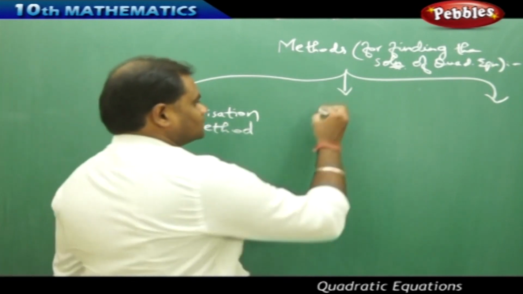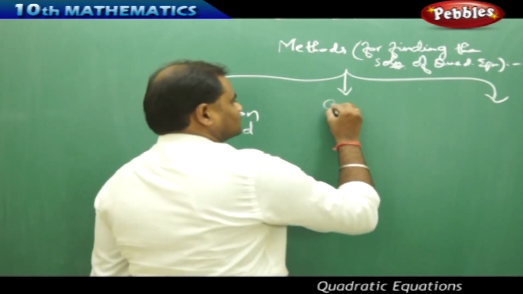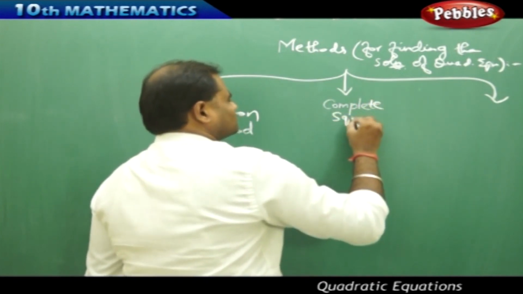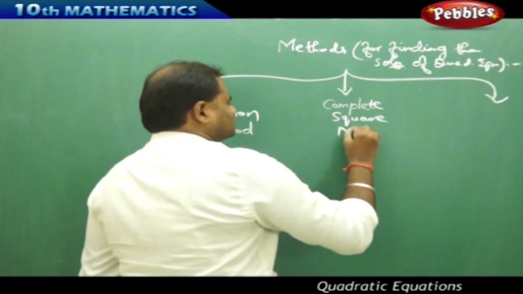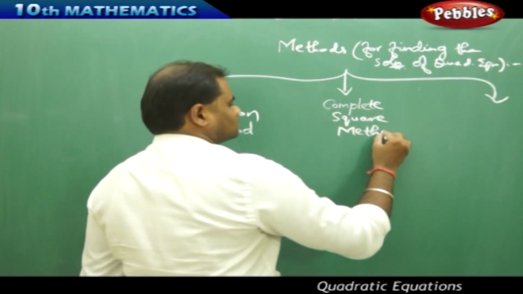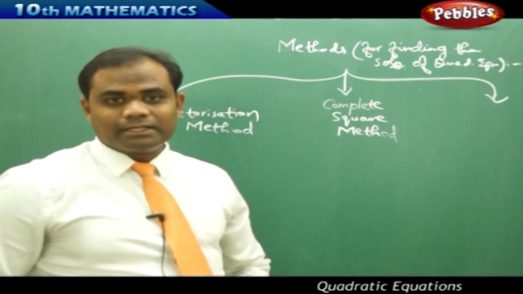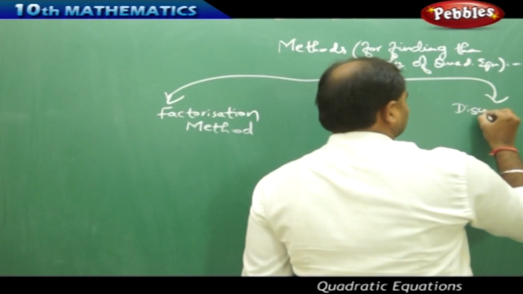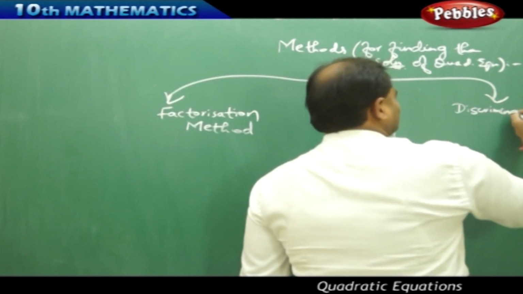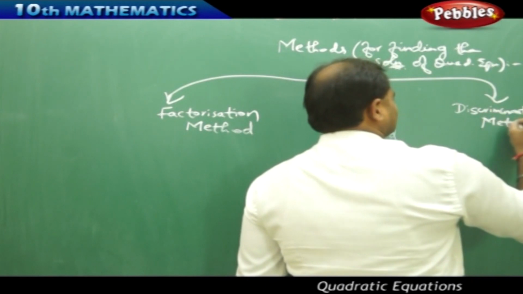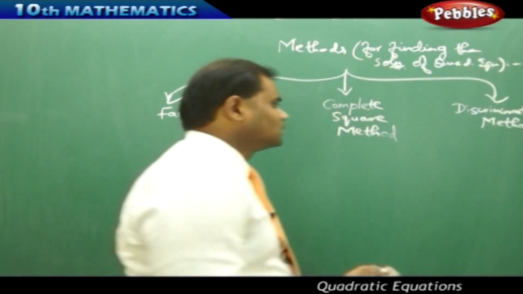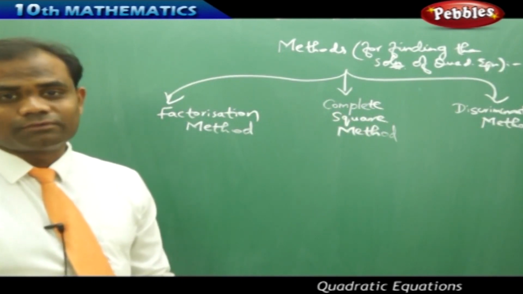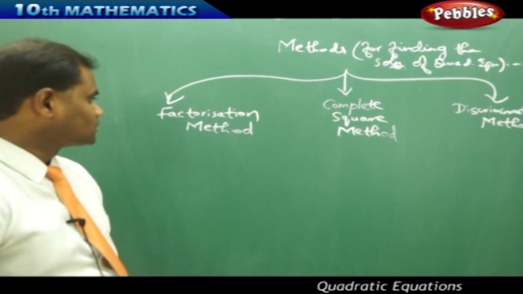And secondly, it is the complete square method, and thirdly, it is the discriminant formula method. It's called the discriminant method. So these are the three basic methods through which we get the solutions of a given quadratic equation: the factorization